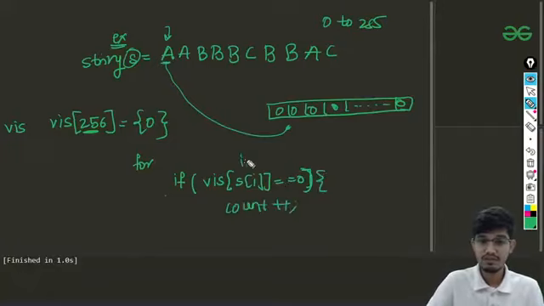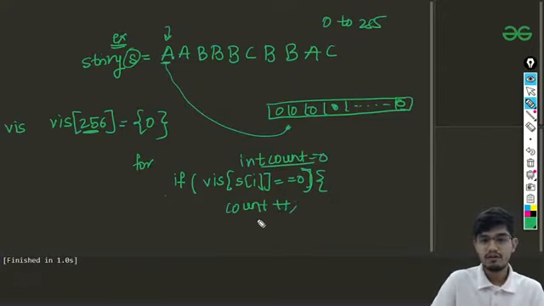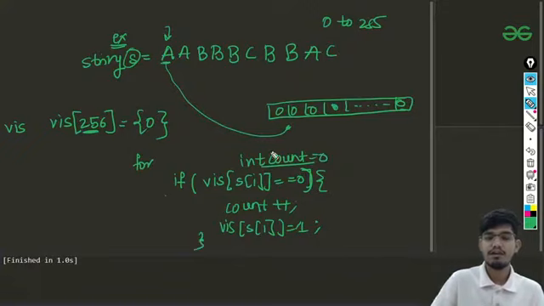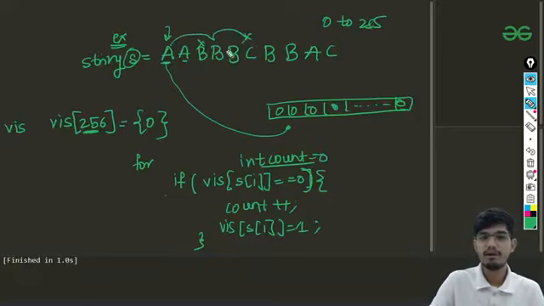First I'll make an integer count and set it to 0, and whenever I get 0, I'll increase that by 1 and update that it is already visited by setting it equal to 1. Once I am done, I'll move to the next character. It is not going to be counted again because it is already 1, so it will go directly to b, then c. So for a, b, c, all these values will be 1 in this array, and we have just counted the number of ones that are present here.